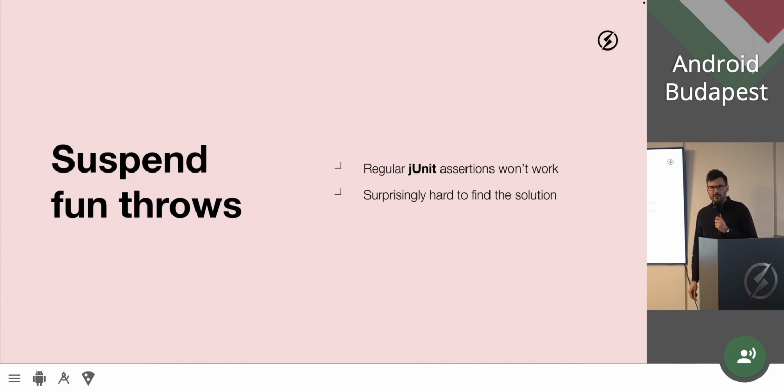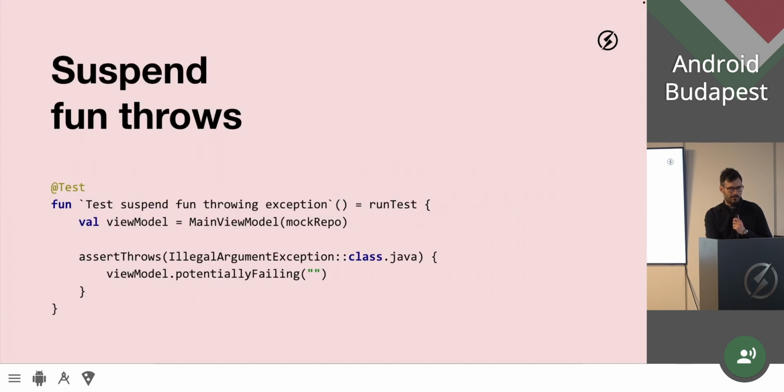The default JUnit assertions will not really work here. And it's surprisingly hard to find the right answer online. Maybe I'm just not good with Google yet or with ChatGPT, but it's really hard to find the correct answer. Because what you would use, if it wouldn't be a suspend fun, you could use the JUnit assert throws